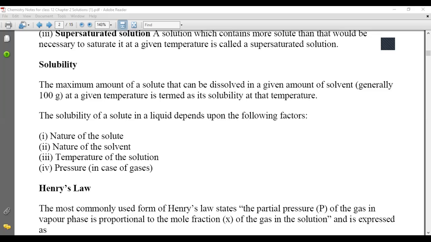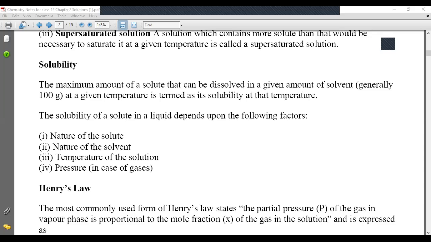On the other hand, we see these ionic solutes have very poor solubility in non-polar solvents like CCl4, CH2, etc. On the other hand, non-polar solutes like iodine, sulfur, or organic compounds are more soluble in non-polar solvents like carbon tetrachloride, carbon disulfide, etc. But they are almost insoluble in polar solvents like water.